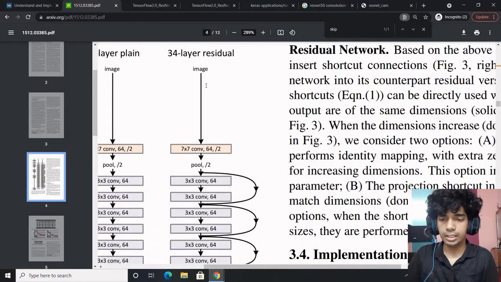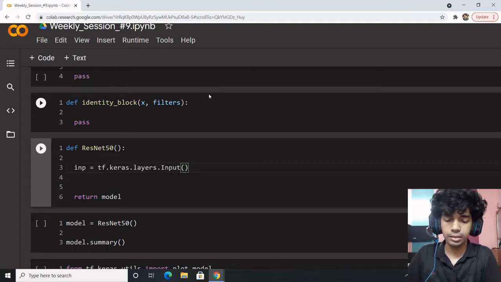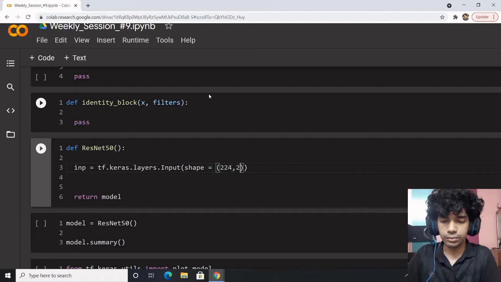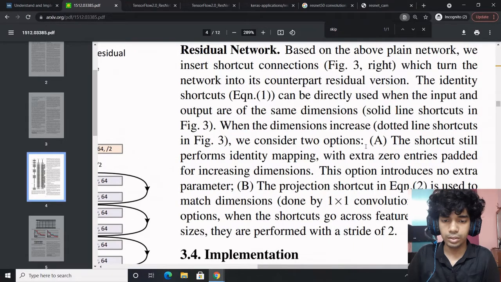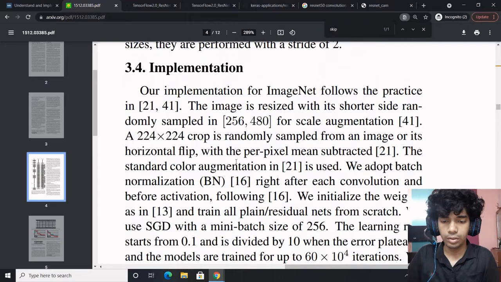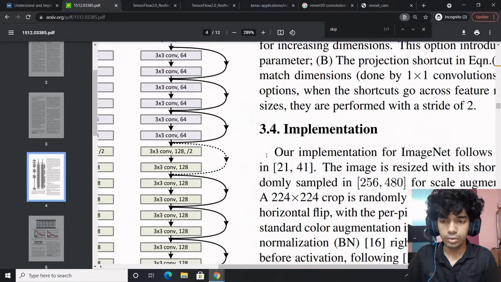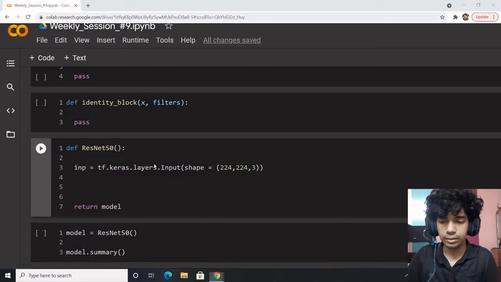So first is the image. Image goes in, we say image equals tf.keras.layers.Input with shape equals 224, 224, 3. Now the input goes through a convolution of 7 cross 7.